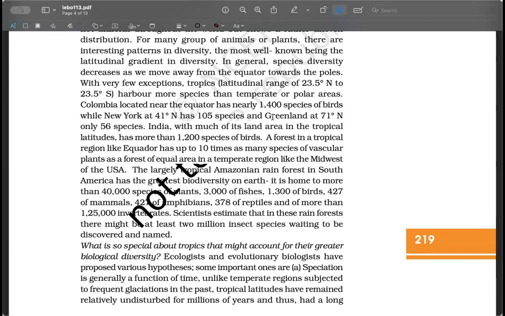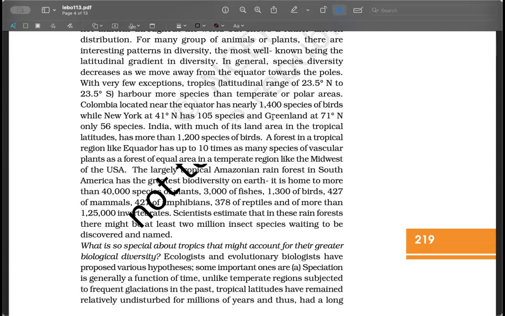Okay. Temperate regions cannot often give a stable million years to the species. Why? Because temperate regions are subjected to sudden glaciation events. Like suddenly there will be a very cold winter and everything will freeze, and then sometime the temperature will rise and the winter will not be that cold. So there are lots of fluctuations that happen in the temperate regions.